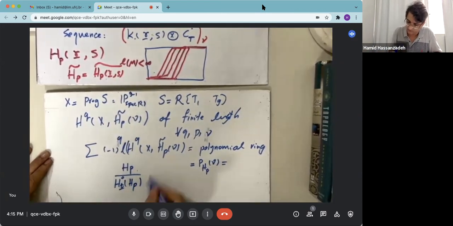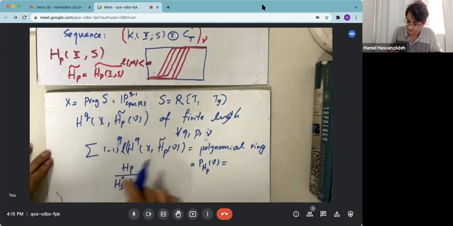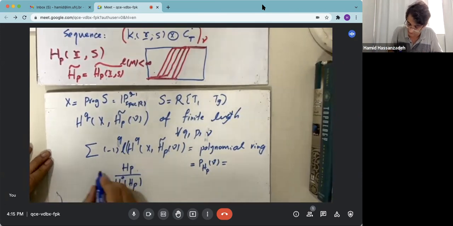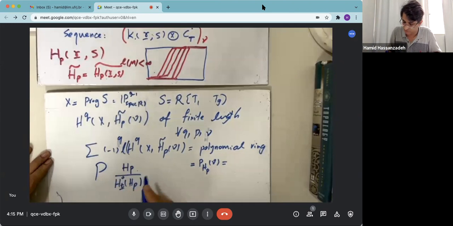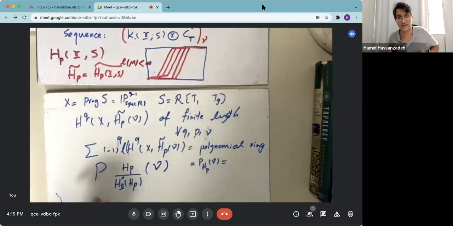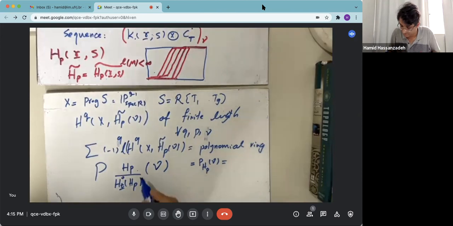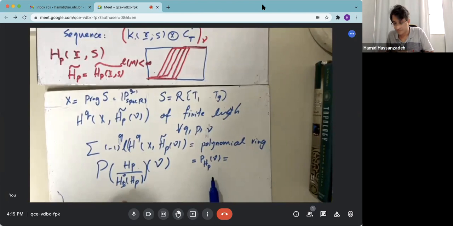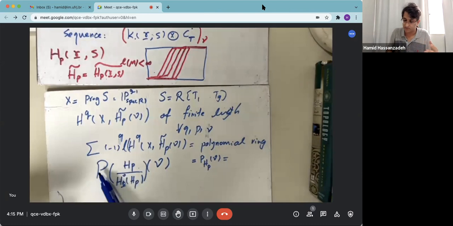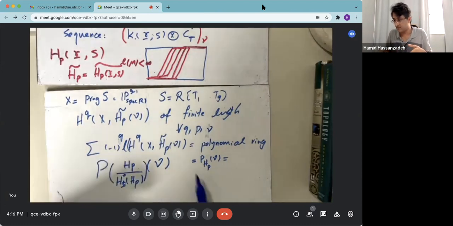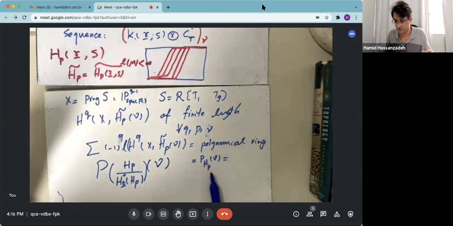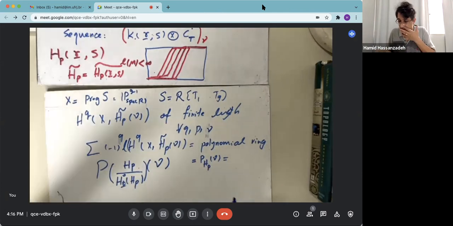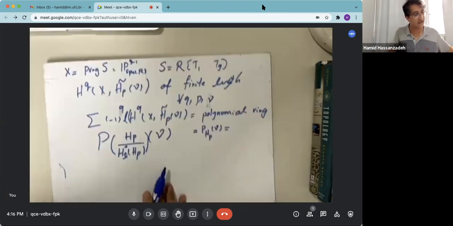Okay, so this module now has components of finite length, and then you can consider the Hilbert polynomial of this module in degree V. I don't want to go into the details here, but we can just talk about the Hilbert polynomial of this module as the Hilbert polynomial of the Koszul homology of that sequence, right? So then you found that this module has the Hilbert polynomial, and at the end what we did, we